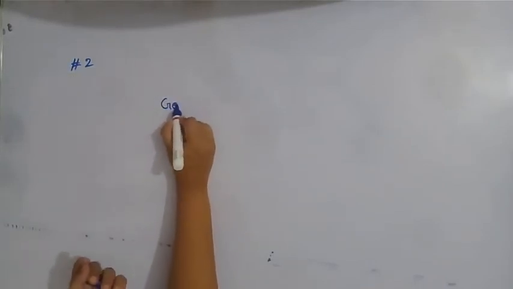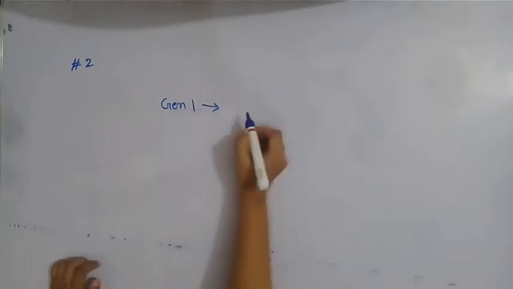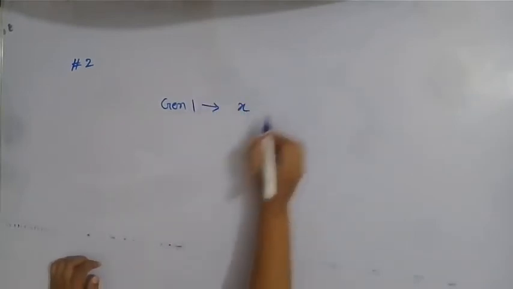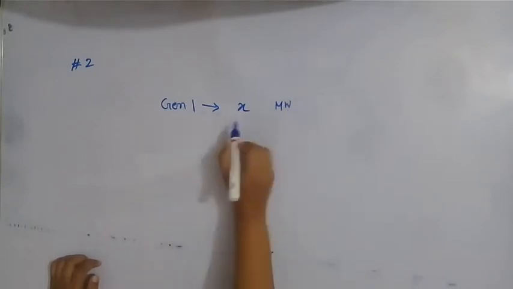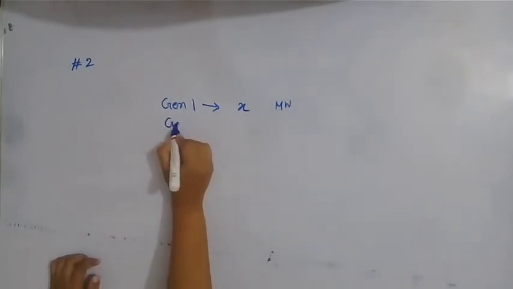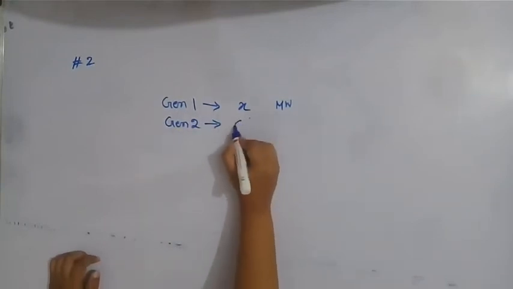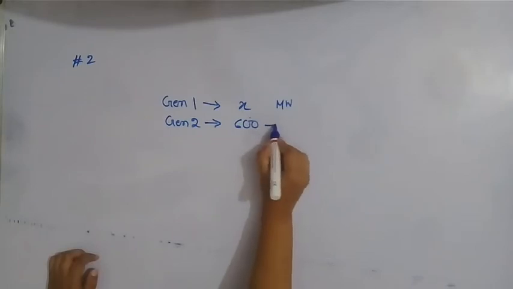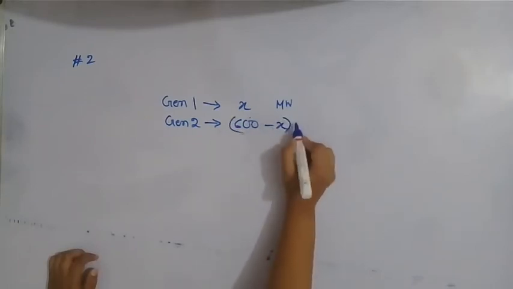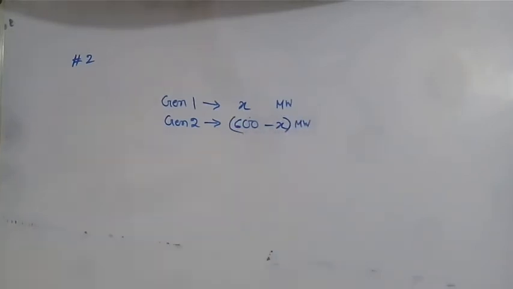So, generator 1 has a load, suppose X megawatt. So total load is 600 megawatt. So the load shared by generator 2 is 600 minus X megawatt. Since the generators are in parallel, they will operate at the same frequency at steady load. Now, reduction in frequency,